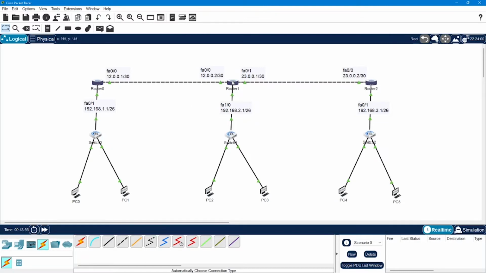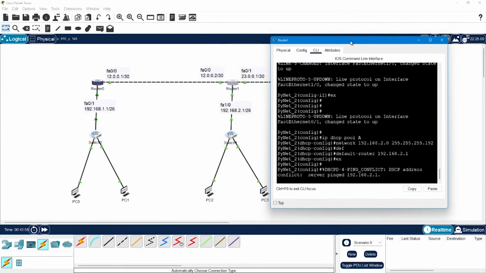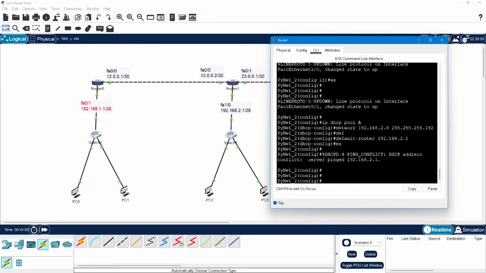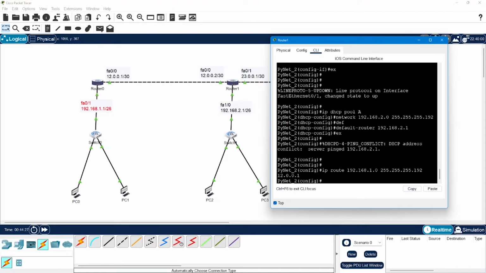Now let's do the same for router number 2. I'll go to this router number 2. We'll first of all install a route towards 192.168.1.0 network. So IP route 192.168.1.0, 255.255.255.192, the subnet mask, and the next hop is going to be 12.0.0.1, this particular interface of router number 1. So I'll put the same IP address here, 12.0.0.1, enter. Then I need to install